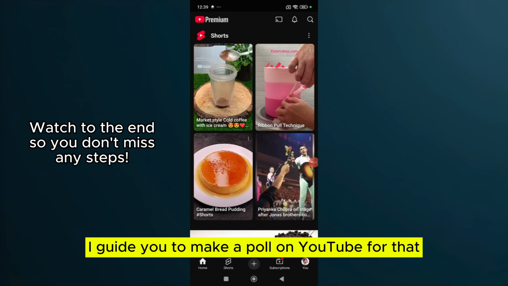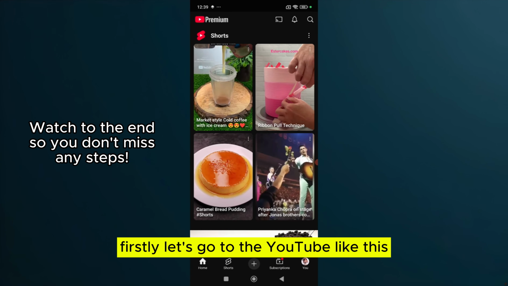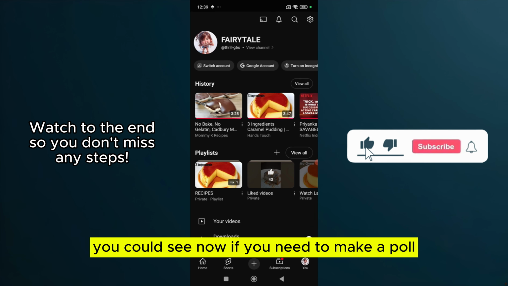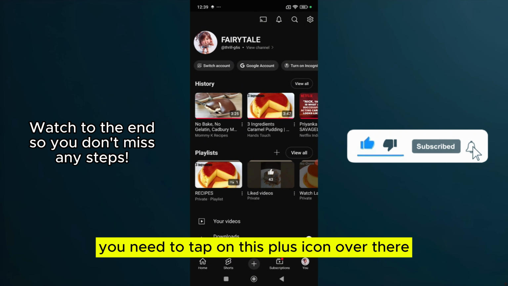I'll guide you to make a poll on YouTube. For that, firstly, let's go to YouTube like this, and you can tap on your profile like this. From there, you could see, if you need to make a poll, you need to tap on this plus